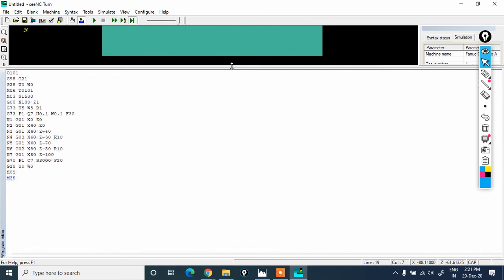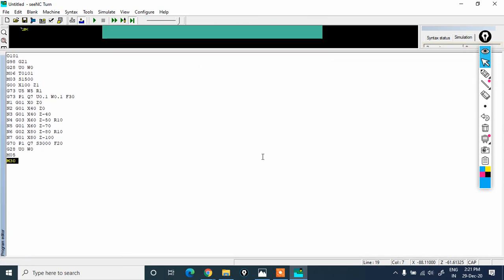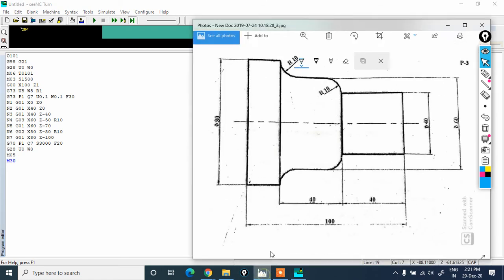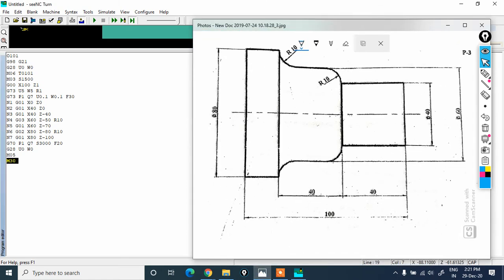Now we shall execute the same with the help of G72. Okay, so what changes are to be done in G72? Please make a note here. So in the previous case for 71 and 73, the path was defined from here: first position, second position, third, fourth, fifth, sixth, seventh.